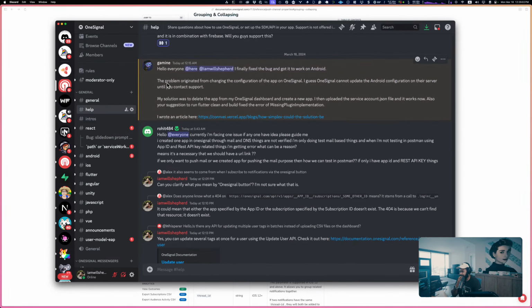All right. So the problem originated from me changing the configuration of the app on OneSignal. What does that mean? Does this mean the dashboard? Maybe, probably, hopefully. I guess OneSignal cannot update the Android configuration on their server until you contact support. Again, I don't know what this means. Wait, hold on. Android configuration on their server. I don't know what that means. My solution was to delete the app from OneSignal dashboard and create a new app. Then upload it to the server's account. And worse, it's just run clean build, fix the build, run Flutter and clean build, fix the error of missing. Oh, okay. So then,